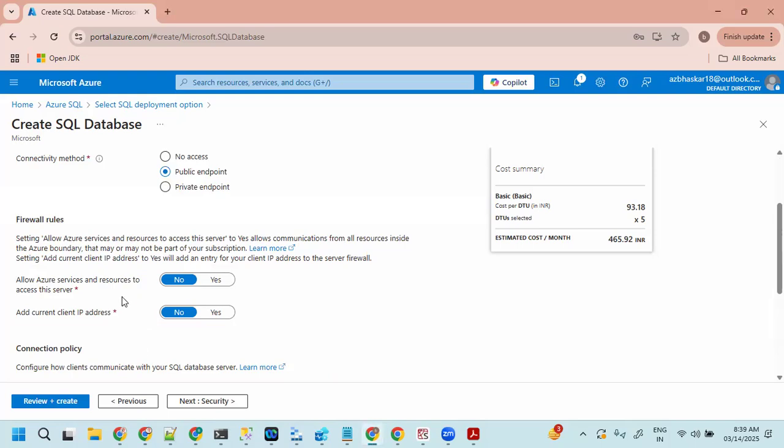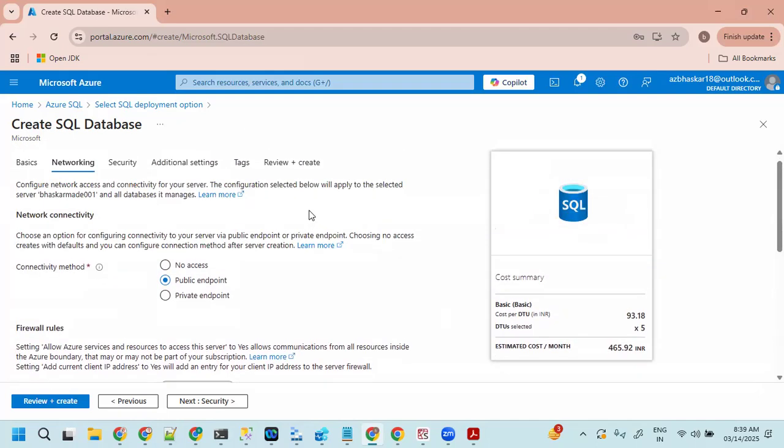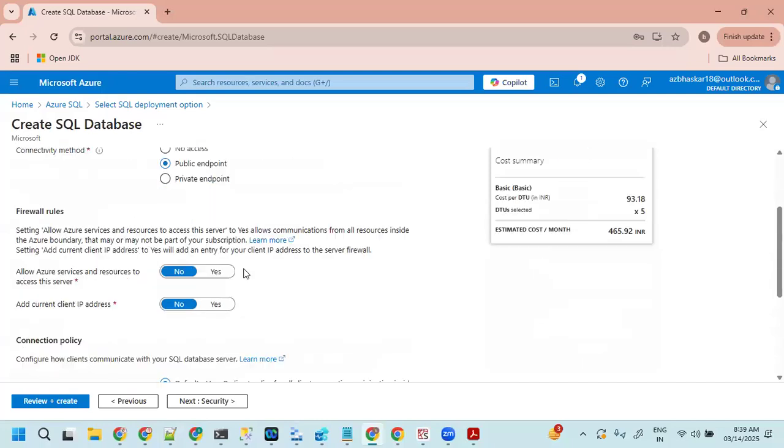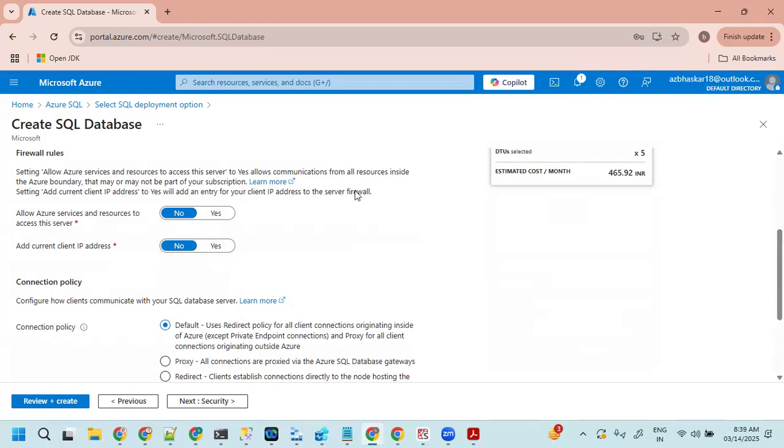When you're practicing with the data factory, what happens here is you need to have connectivity from the data factory to your SQL server.